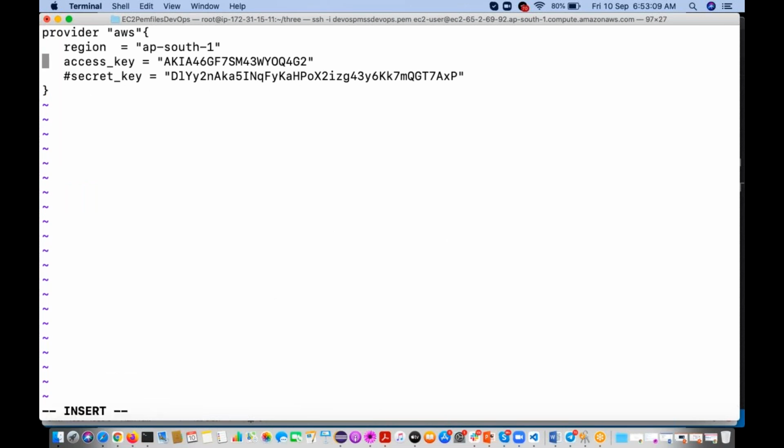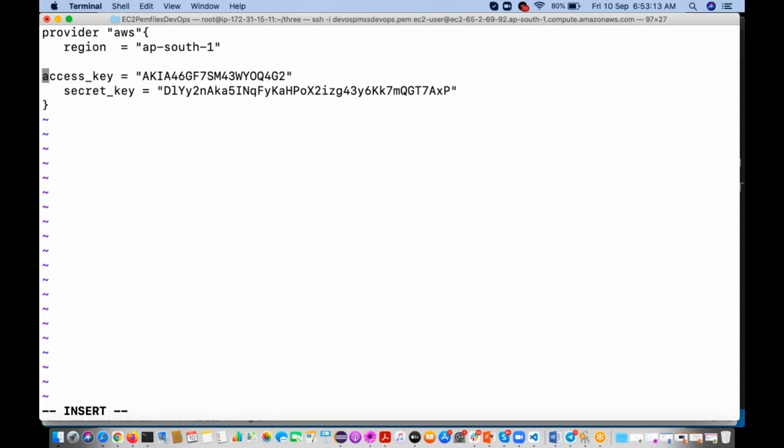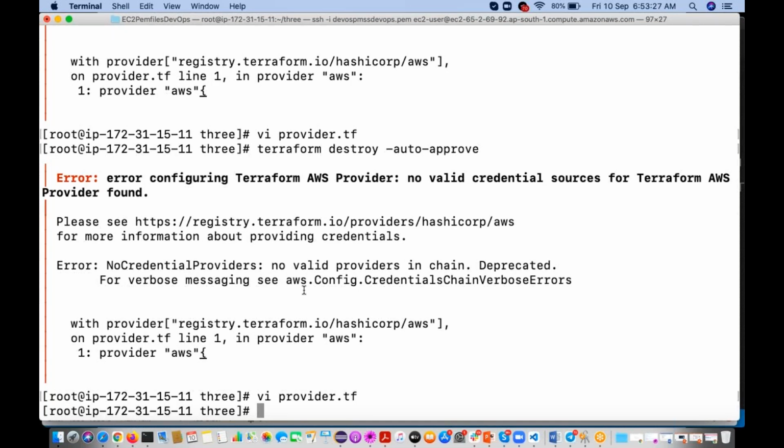So what I will do, I will remove this hash and I will keep the multi-line comment, slash star, star slash. Okay, it means I am commenting. Now also you are going to get an error.